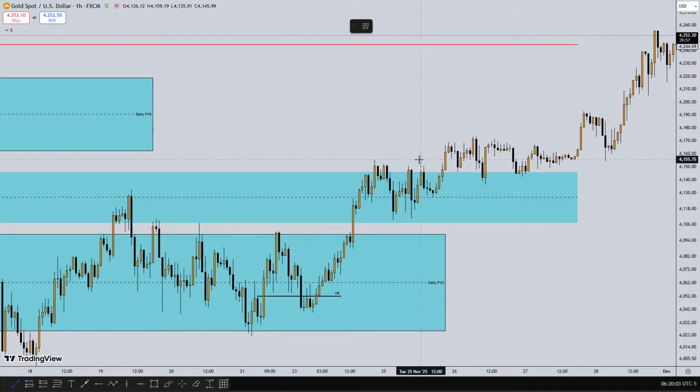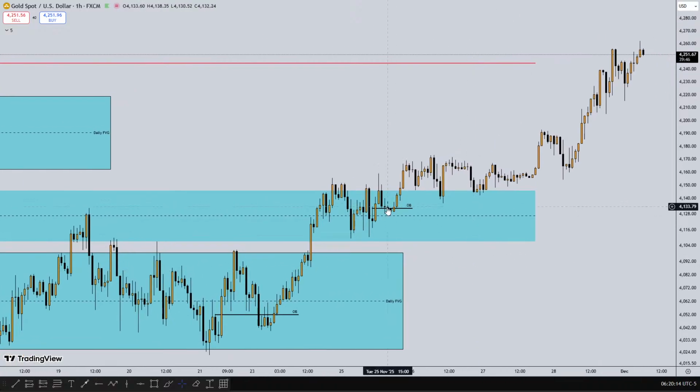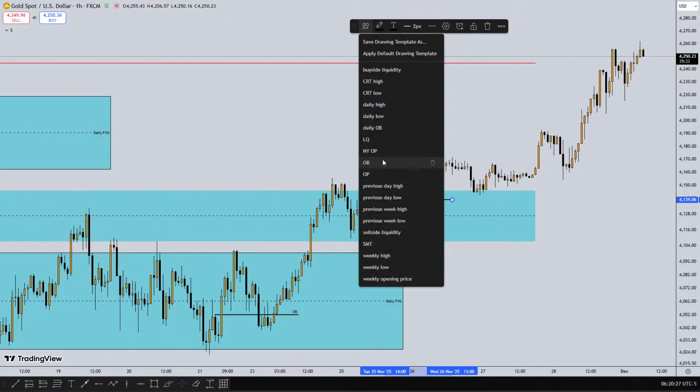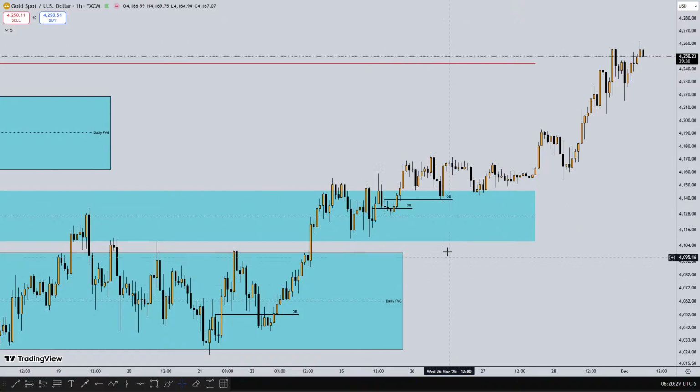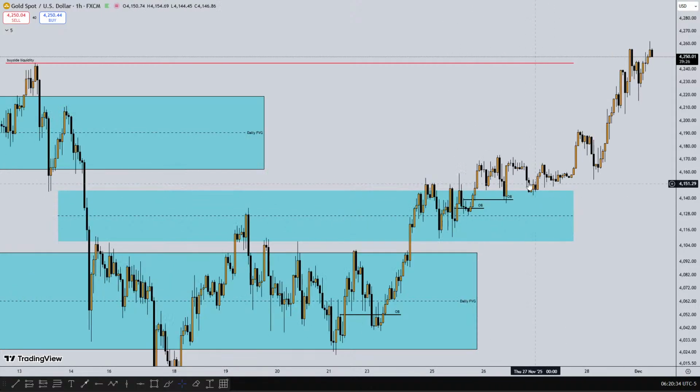After price created this swing high, running out this high, you can see there's a shift in structure, order block for your entry. Price respected the order block, traded higher, retracement. You can see the same order block here, a re-entry to the initial entry. Respected the order block, range around